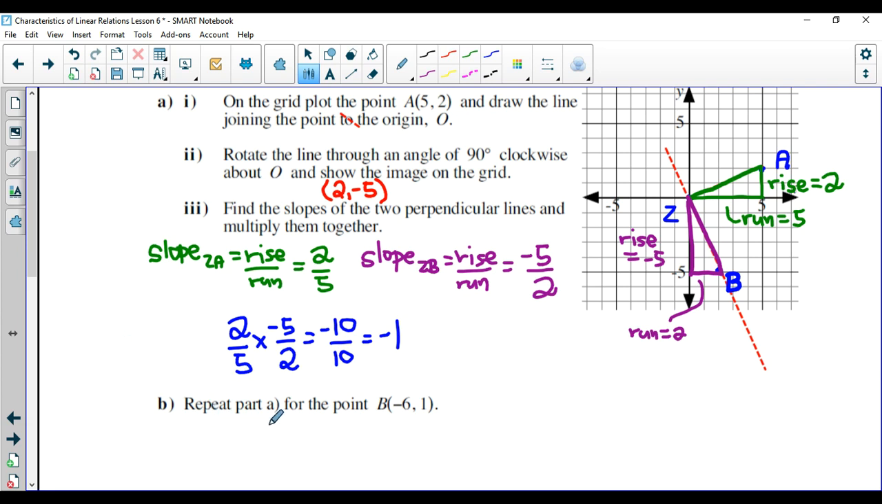Okay, now it says repeat this for another point on the grid. No, I don't think we need to do that. It's just so tedious with the smart tools to actually show the rotation point. So this will be good enough in comparing. Okay, so what we want to look at here is how do the slopes of line segments that are perpendicular